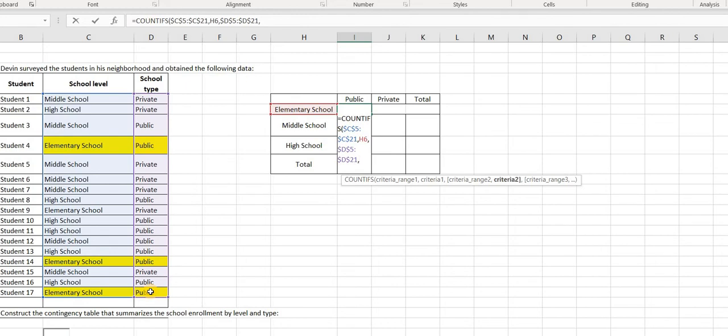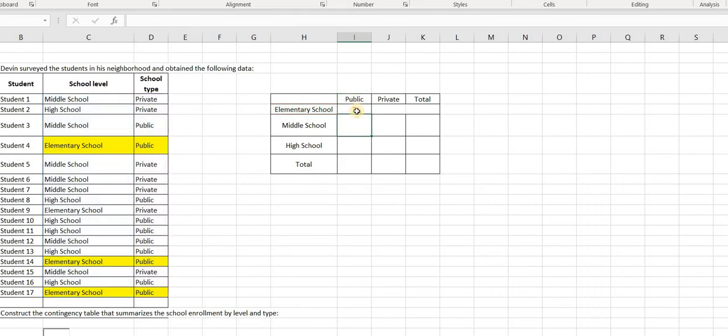The criteria here is public or private. So I'm going to choose public first. And since I don't want this to change, this is the column that has all the public schools, I am going to lock that in place. So I clicked on it and then FN, F4 to lock it in place. And then I will enter, and that is going to count how many elementary schools that are public in the data I have. Instead of repeating this function, now that I did the locking in place, I can basically double